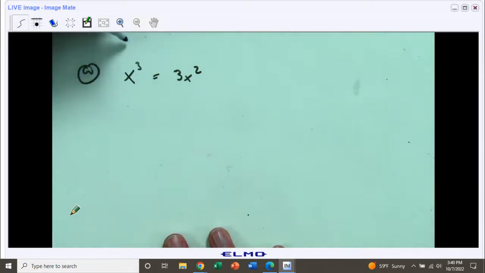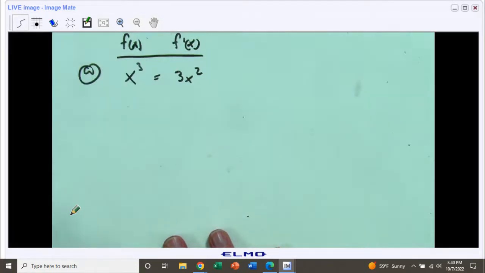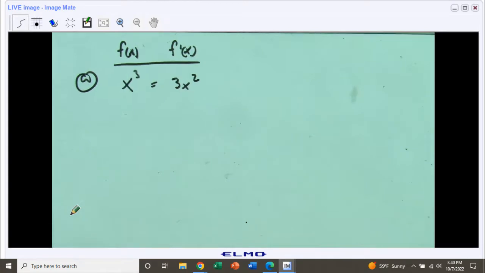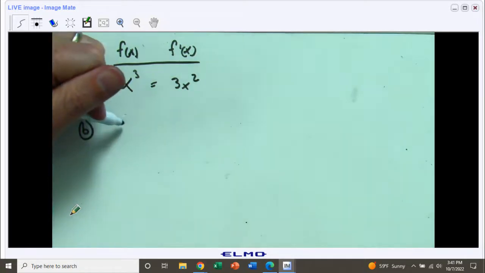Okay, so if we have our function here, and then this is going to be our derivative over here. If we have x cubed, then the derivative of x cubed is going to be 3x squared. Okay, that's using the power rule. Let's try another couple of these. What if we had something like